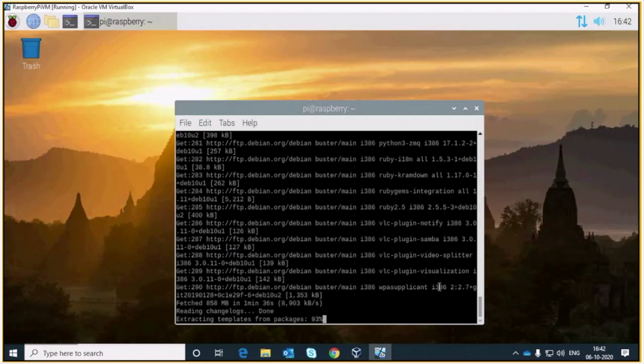So it is bringing all the packages and extracting the templates for the packages now.